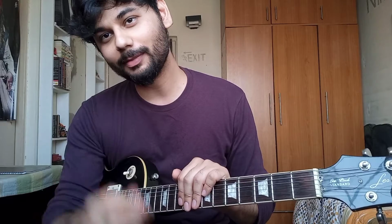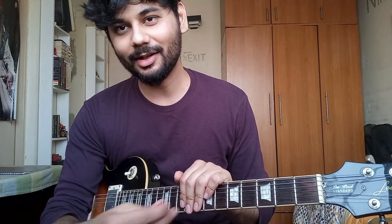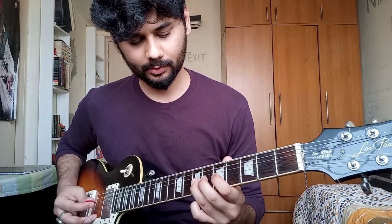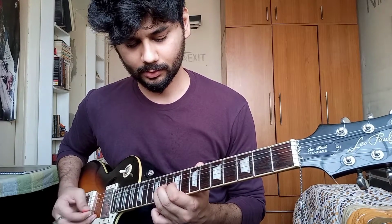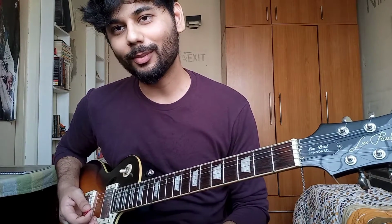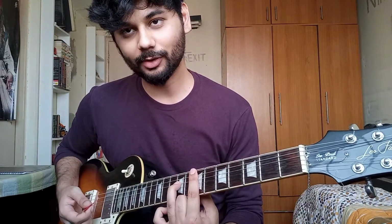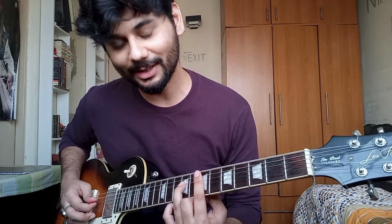It's a really simple song. There is a small lead guitar layer over this. I won't call it a lead guitar layer, it's more like, so basically what the guitarist is doing there, if he knows he has to start on B minor, he's just taking the octave of this note, which we are leaving out, right? As a rhythm guitarist, we're leaving that note out. He's filling that up with a,